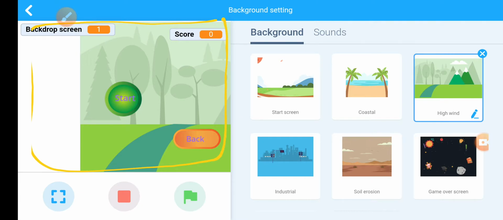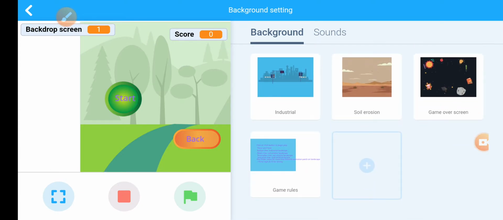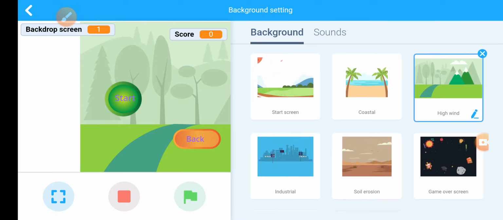This game has 7 screens, called backdrops. One is start, then game rule, and 4 landscapes: coastal, high wind, industrial, and soil erosion.